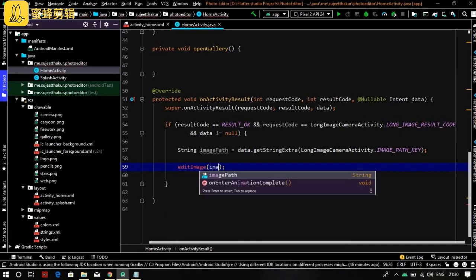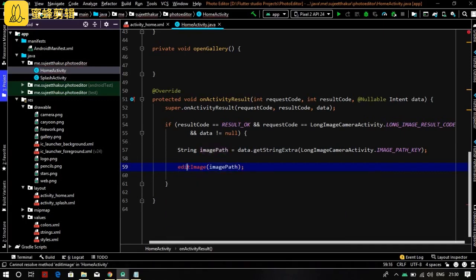Now in the parameter we will add image path.